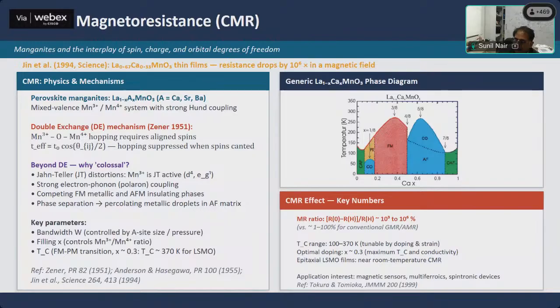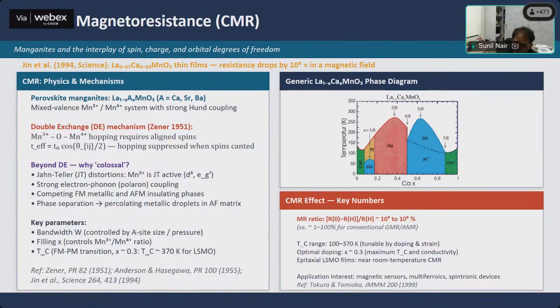So if you take a metal and you measure the resistance and apply a magnetic field, you'll see a magnetoresistance. The resistivity changes, right? In a metal, it simply happens because the electrons are now going on spiral paths, and so effectively the resistance changes, with the Lorentz force giving rise to a finite resistance. In that case, the magnetoresistance is positive. That means by application of a magnetic field, the resistance slightly increases. But there are many other systems where the resistance change can be in the opposite direction.